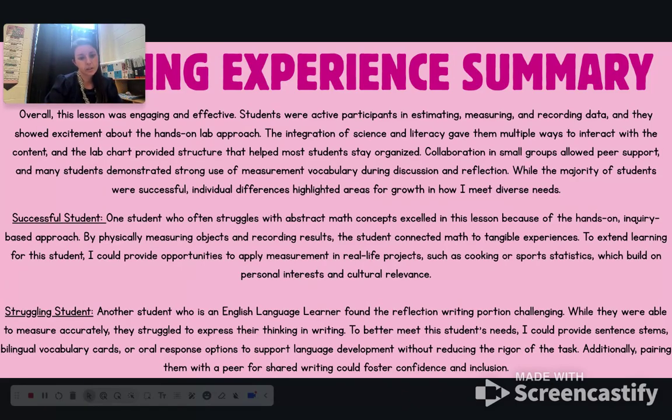So one of my successful students, who normally struggles with different math concepts, she excelled in this lesson because it was hands-on instead of just looking at the book. She was able to physically measure objects and record the results, and the students connected math to a tangible experience. So to extend the learning for the student, I could provide opportunities to apply measurement in real-world projects, such as if she was going to bake a cake, or sports statistics, which builds on their interest